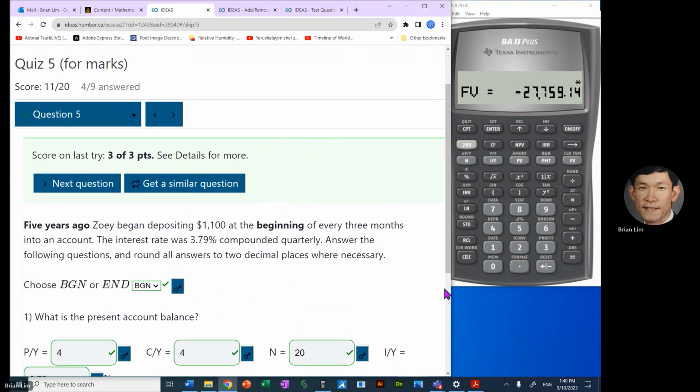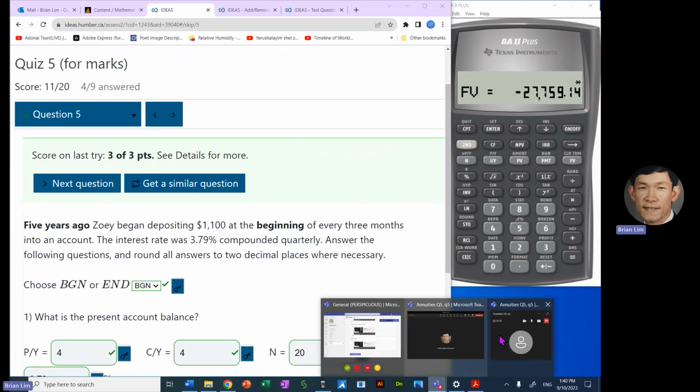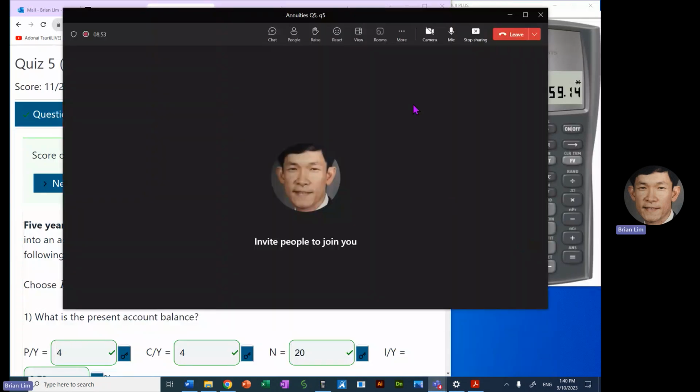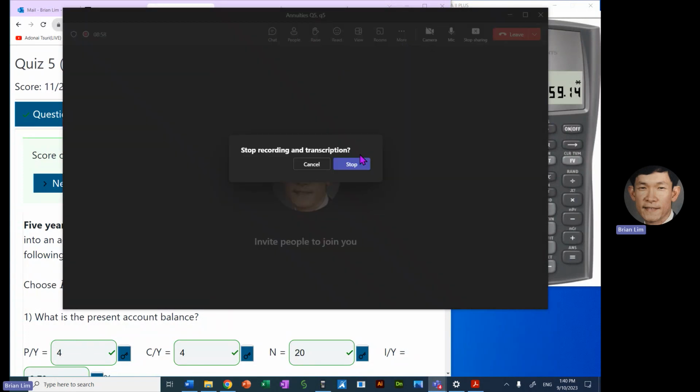So that brings us to the end of another episode in our exploration of annuities or calculations involving